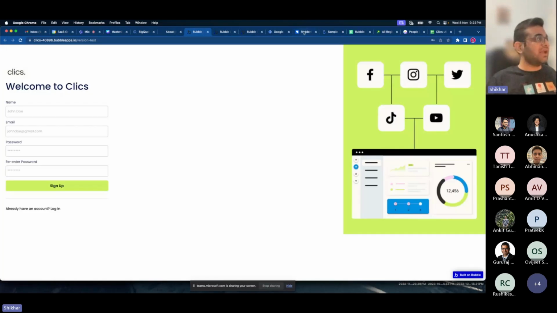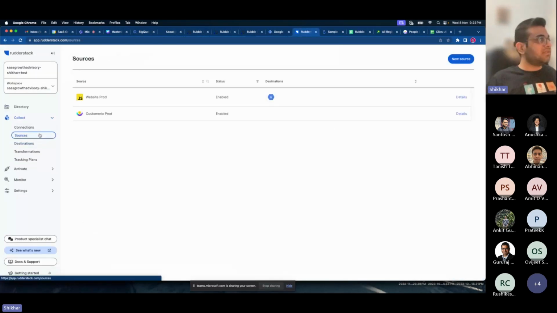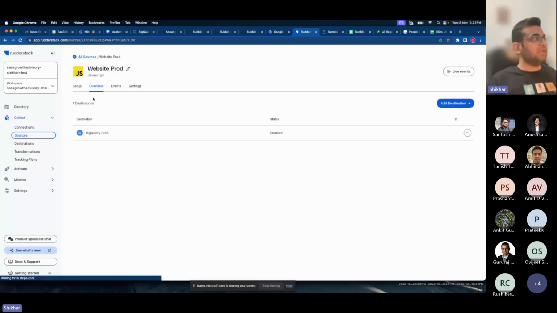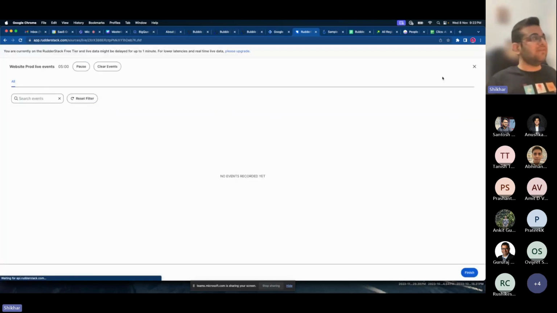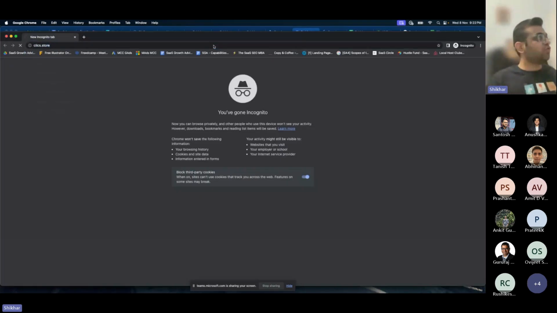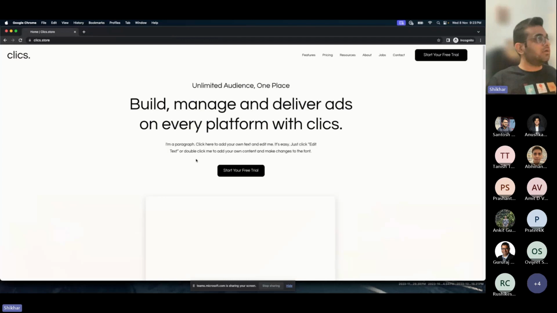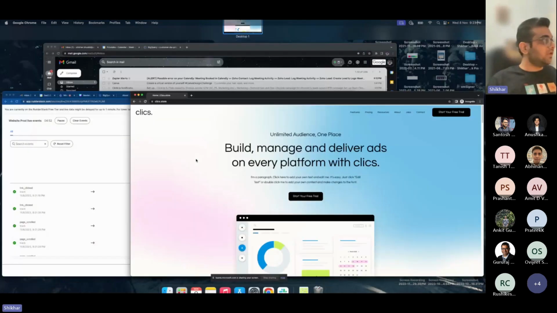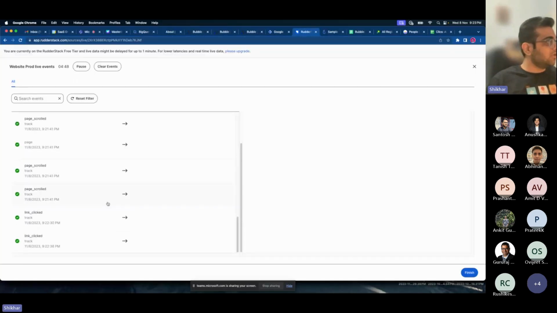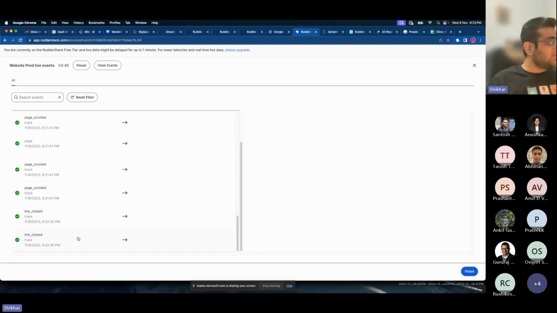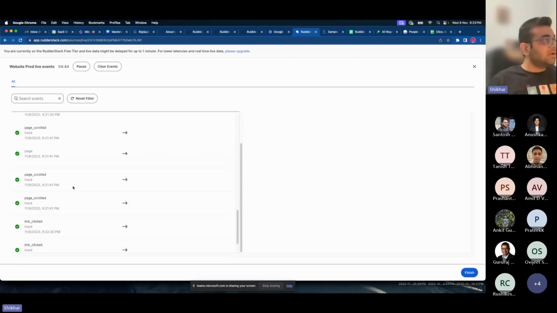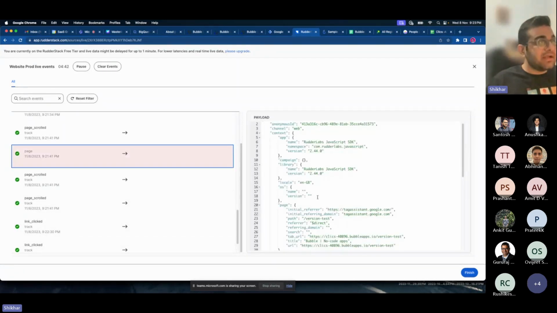Now I'll show you Rudderstack. There is this source, website prod, that I've created. This is the JS snippet that we have, and if I take you to the live events and then open an incognito window and go to Click Store, you'll see that a page view event is getting recorded. So you'll see these are real-time events, so you are going to see somebody landed onto